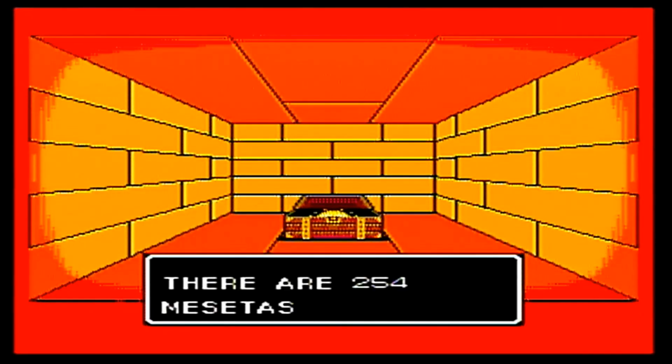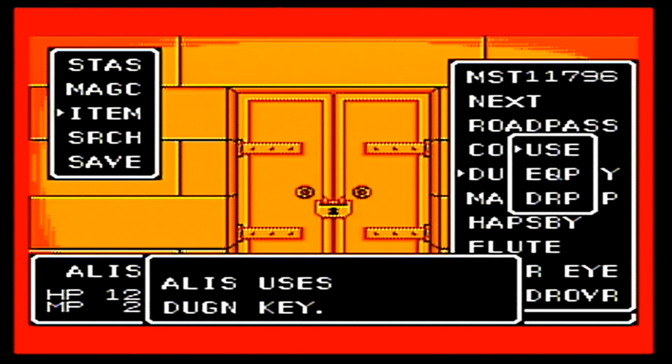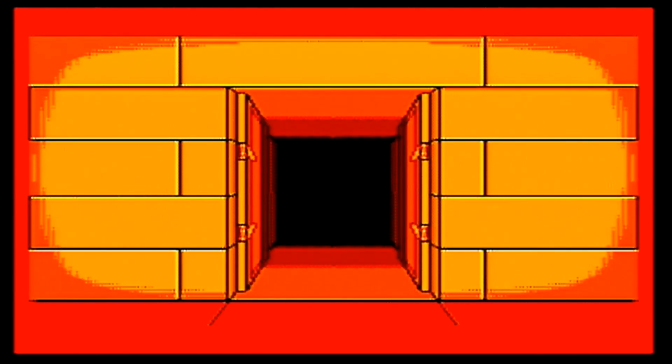Sadly, the treasure chests aren't. Even the treasure chests that do have treasure in them, most of them are pretty worthless. They're like 10, 20 Mercedes. Seems like all the good Mercedes boxes were hidden in secret passages. And there are no secret passages in this dungeon, so there's a few trap floors though, but we're gonna avoid all of them because